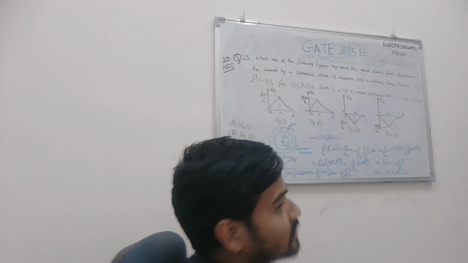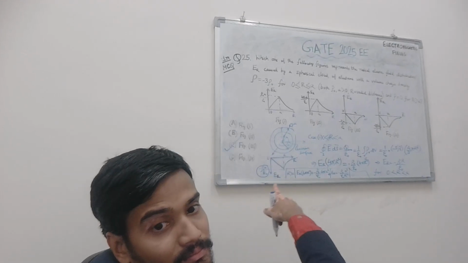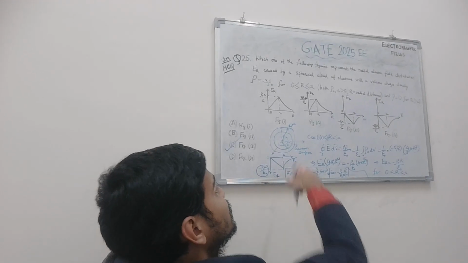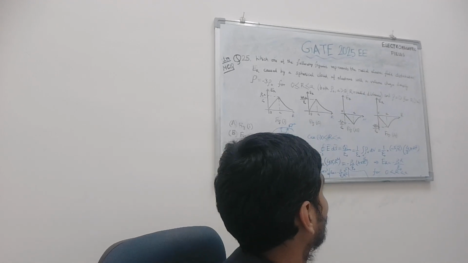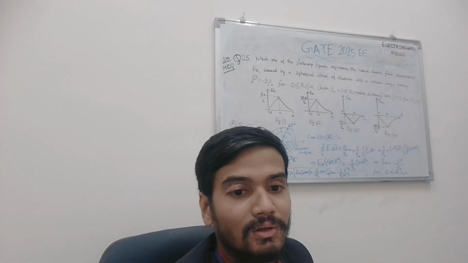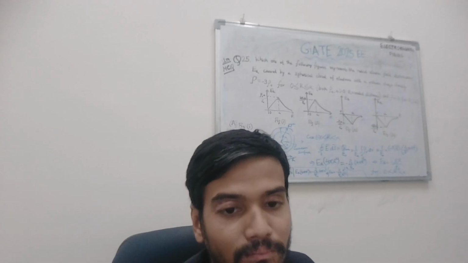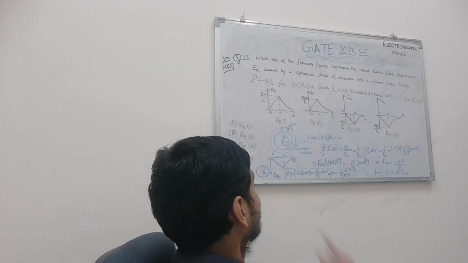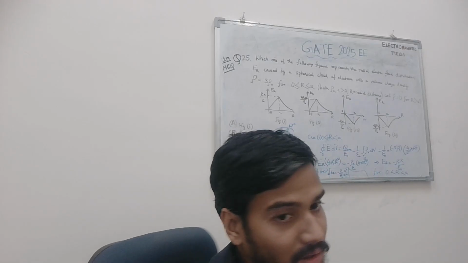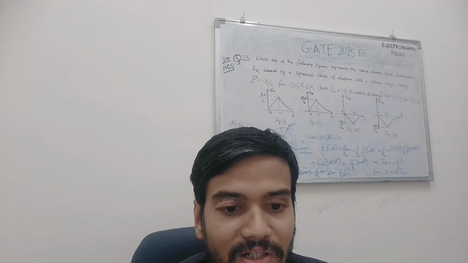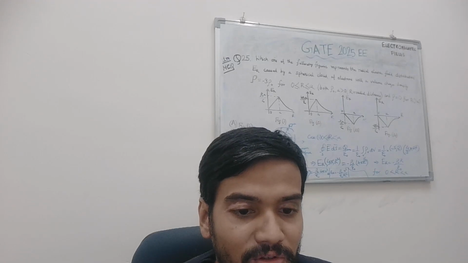From 0 to a, it is decreasing linearly, as you can see here, and for r greater than a, it will increase, not exponentially, but with a factor of 1 by r square, that is inverse square proportionality. And the variation will be something like this graph. So that's the option figure 3, that is option C. Hope the solution is clear. I have explained the solution in great detail with all detailed steps and explanation. So that's all for the solution. Thank you.